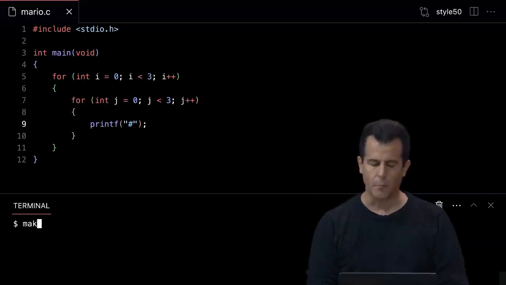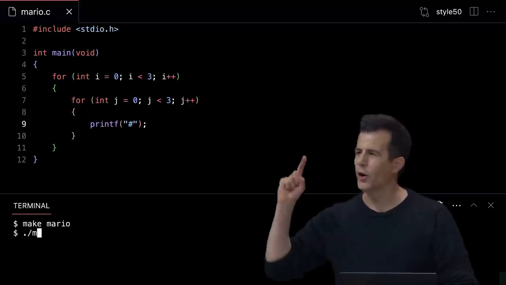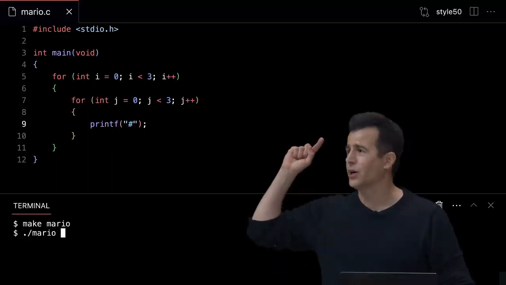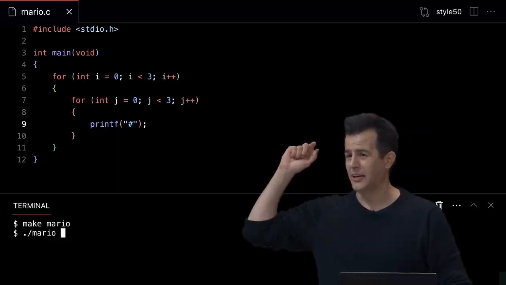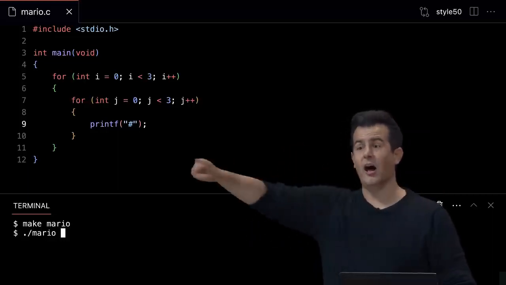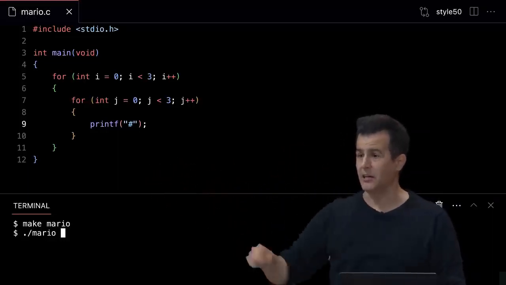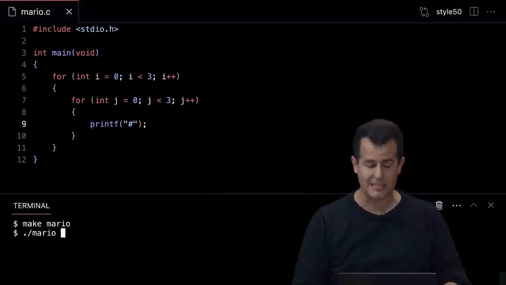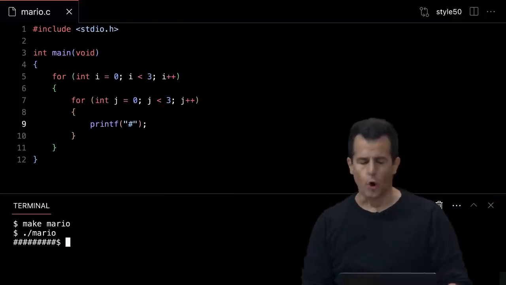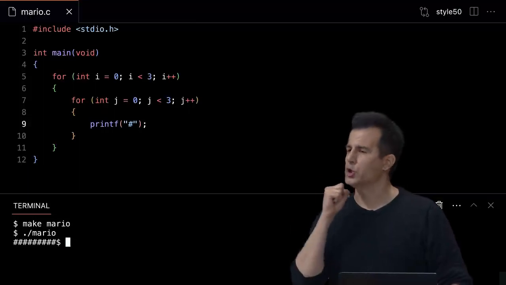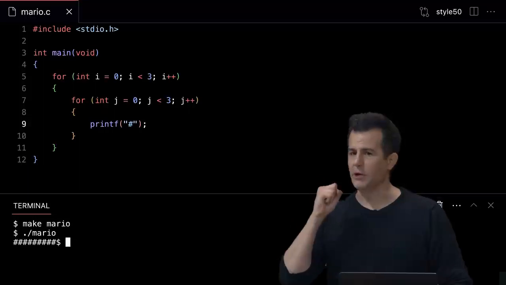Let me do make Mario now, ./mario. But when I hit enter, this is not correct yet. What's it going to look like? A single line of 9 hashes, I think, because I never used a single \n. So that looks wrong. So between what line number should I insert a printf of